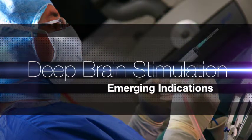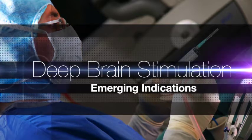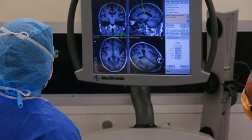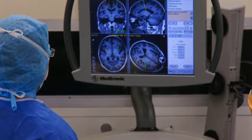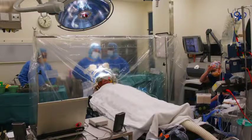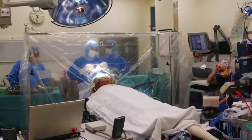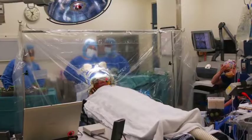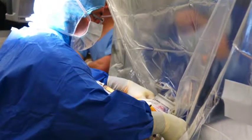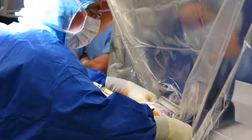DBS has undergone quite a transformation over the past 10 years. We've gone from a technique which was initially licensed and utilised to treat movement disorders such as Parkinson's disease, and we went from the point where it was considered relatively experimental in the treatment of Parkinson's disease to the point now where we have very good level 1 evidence supporting its efficacy, and it's a very well established